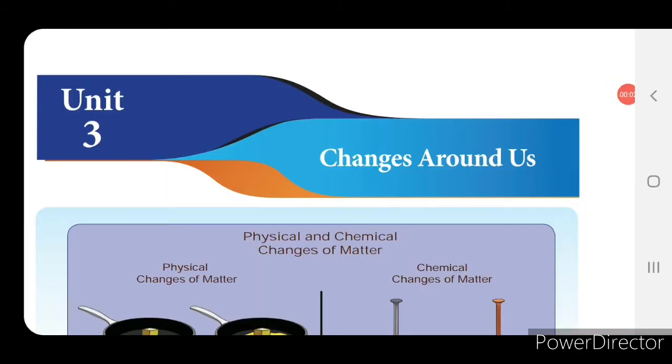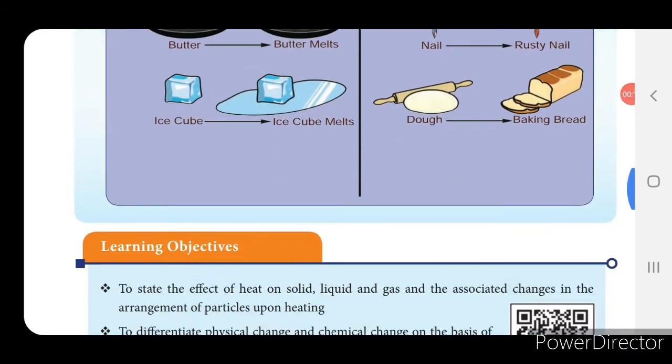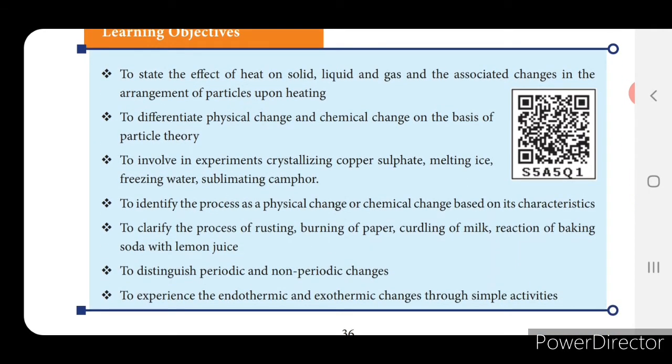Hello children, this is 7th standard science, second term, chemistry, unit 3, changes around us. Page number 36. First we'll see the learning objectives: to state the effect of heat on solid, liquid and gas and the associated changes in the arrangement of particles